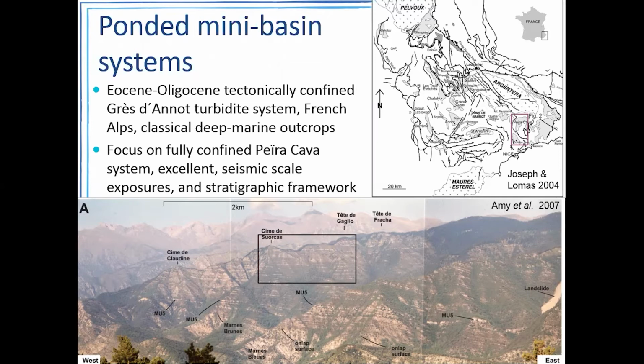It's where Arnold Bouma and others worked on the ideas of the Bouma sequence, of course. And the reason for that is that we have these really spectacular outcrops of deep water sediments where you can trace beds along the basin,